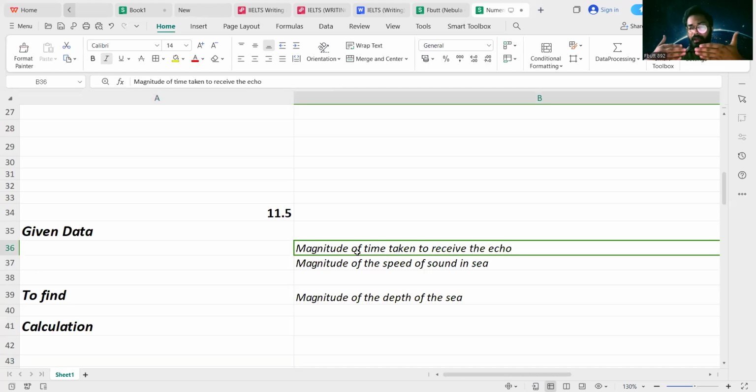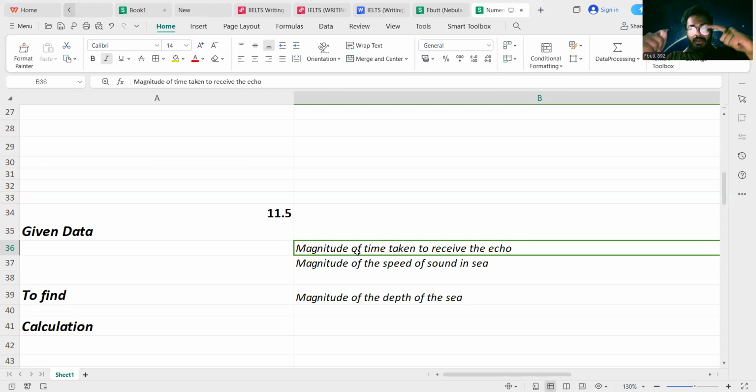For example, when I'm speaking, my vocal cord is continuously vibrating and it is shifting the vibrational kinetic energy to the particles of the air. And my sound, in the form of compressions and rarefactions, is going towards a screen, and after hitting the screen, it will be bounced back towards me. So the examiner said that from the surface of the sea, if we send the sonic waves or the sound waves